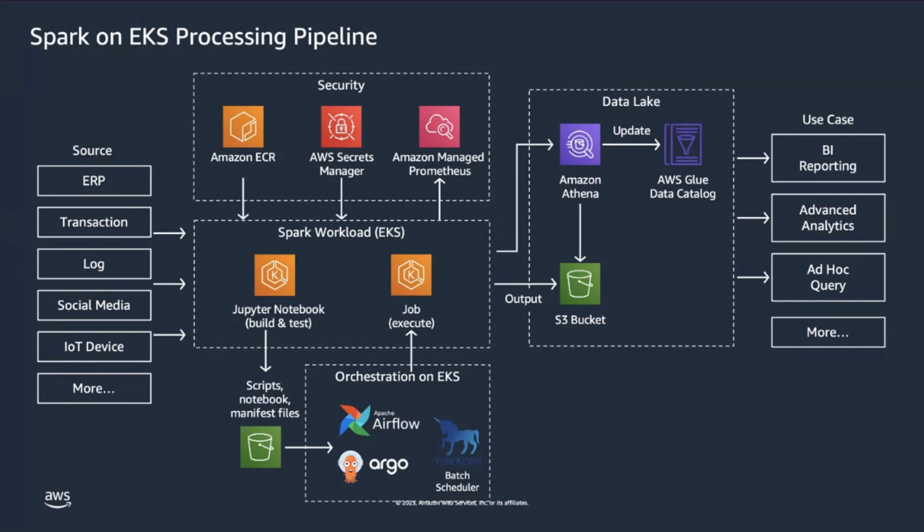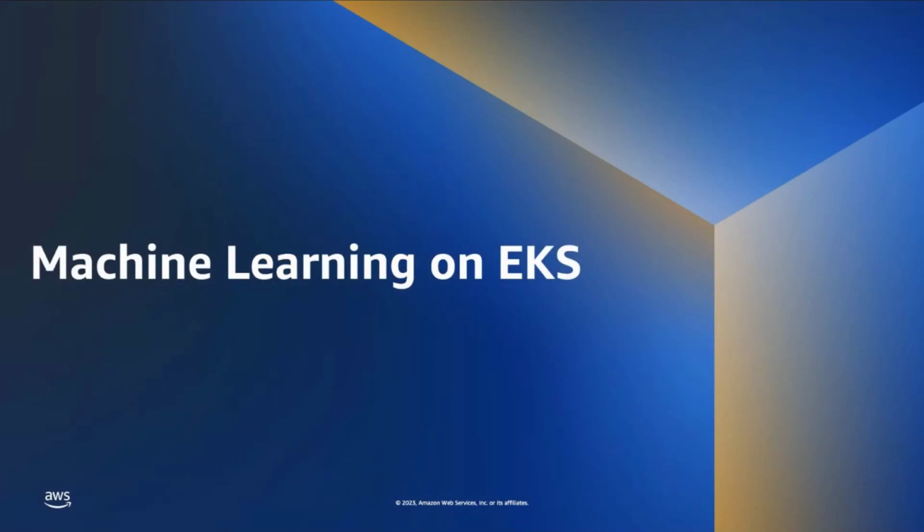And then the other part would be using something like Argo Workflows to drive these Spark executions. On the data lake side, there will be clean integrations on the output side to S3. Then you can classify through something like AWS Glue while doing quick queries from Athena. The use cases there would be reporting, advanced analytics and ad hoc querying. Okay, so this is just one example of what we see in terms of data processing on EKS.